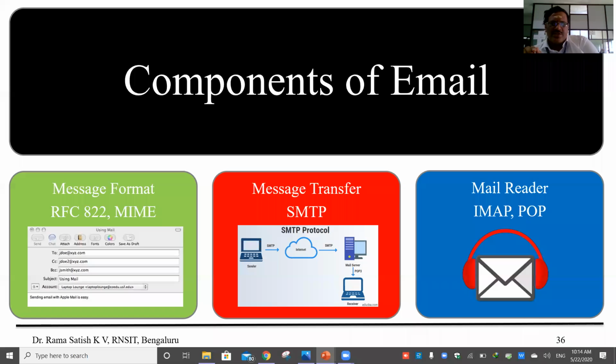Most of the time, mail readers, that is IMAP and POP, these protocols will also be sending alerts. Alerts in the sense that once you get a mail, it will either be sent to your phone or to your email address.